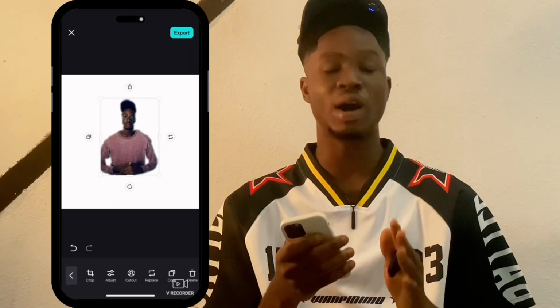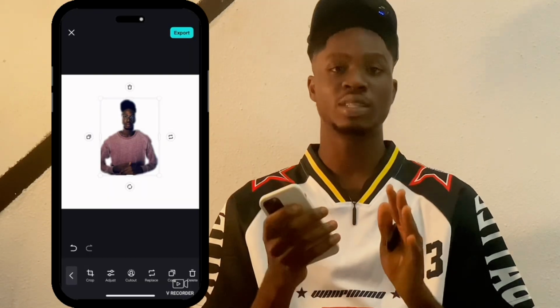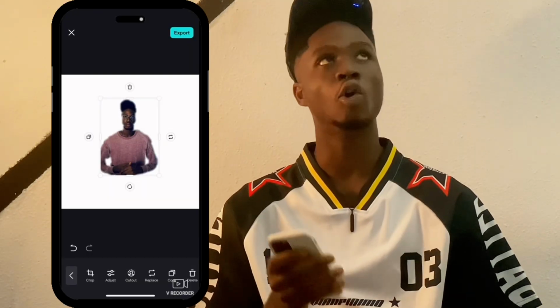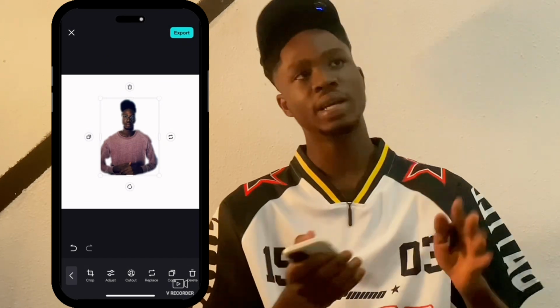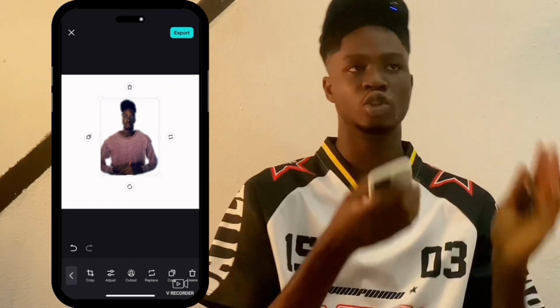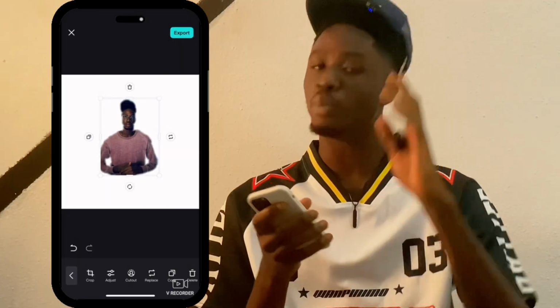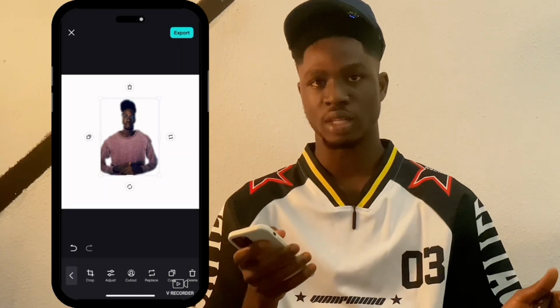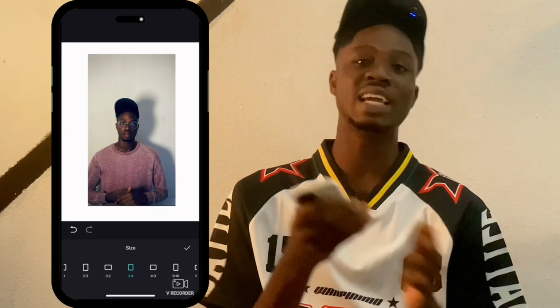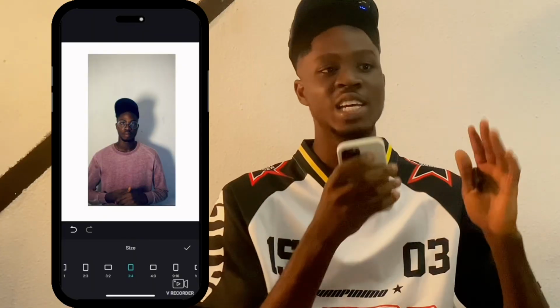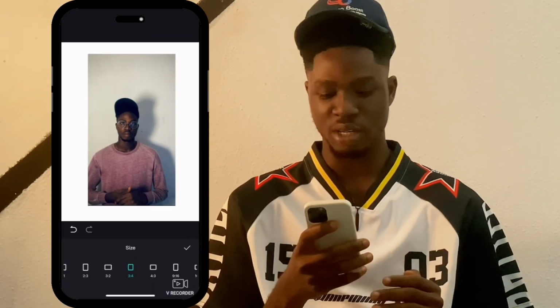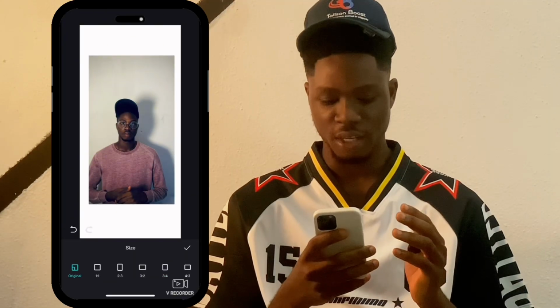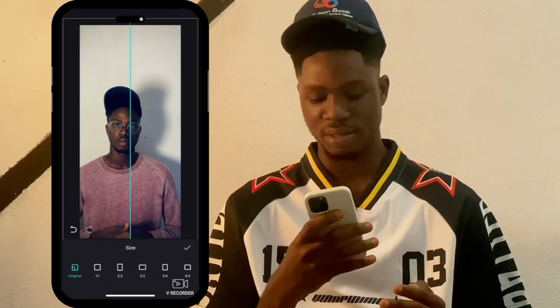But for Android users, you'd have to get the VN editing app or InShot. In the VN editing app or InShot, the removing of background for both images and videos is absolutely free, which is something that we're going to be doing once that time comes. If you guys want me to go into all that specifically, let me know. But I can't do that right now in this video. So we're going into the next one. Yeah, that's just basically what